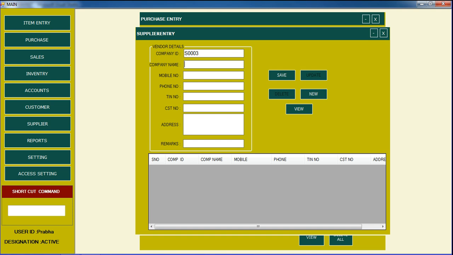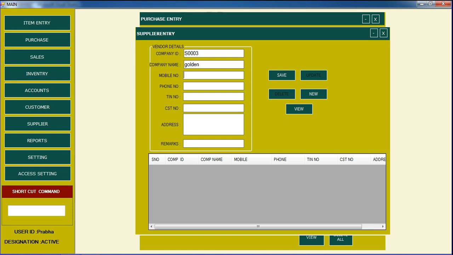I am simply telling you here that I am selling gold and then silver. In my supermarket, I purchase from the gold rate to the silver rate, silver for our company and gold rate for our company. So for that purpose I want to make an entry here. What is the gold rate, the golden company?